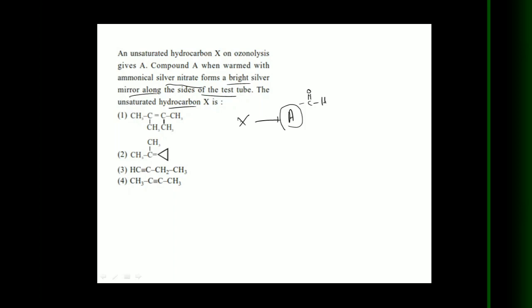So which alkene produces aldehyde? So in this case, this one on ozonolysis. Okay, in ozonolysis generally we cut the double bond and paste the oxygen. So it is a ketone. Here ketone gives a negative result in the Tollens reaction. Okay. Now in this case, cut this double bond, paste the oxygen. This is the ketone, this is the ketone. These two compounds do not give the Tollens test. Okay. Now in this case, yeah, you see this one on ozonolysis.